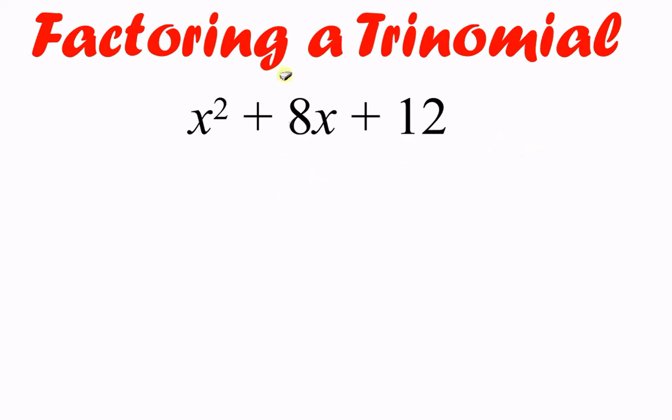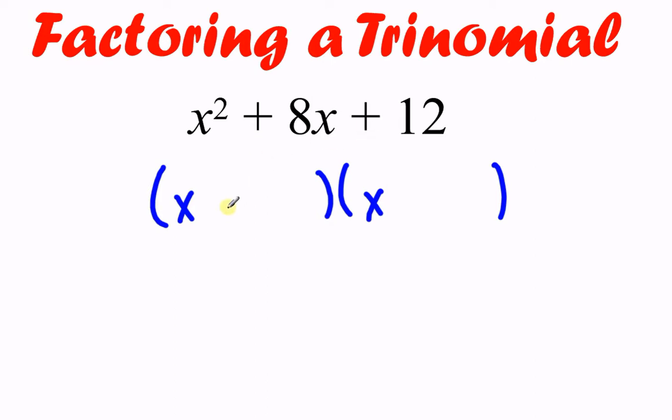Okay? So if we can't pull out one solid number, our next course of action is to try to break it down into 2 individual groups. And you've probably seen this before. The idea is these 2 x's, if you FOILed this out, would turn back to x squared. So we're kind of undoing the FOIL method. X times x gets us x squared. The question is, how do these 2 numbers come out of the FOIL process? So let's just put the answer and kind of reverse it to see why it works.